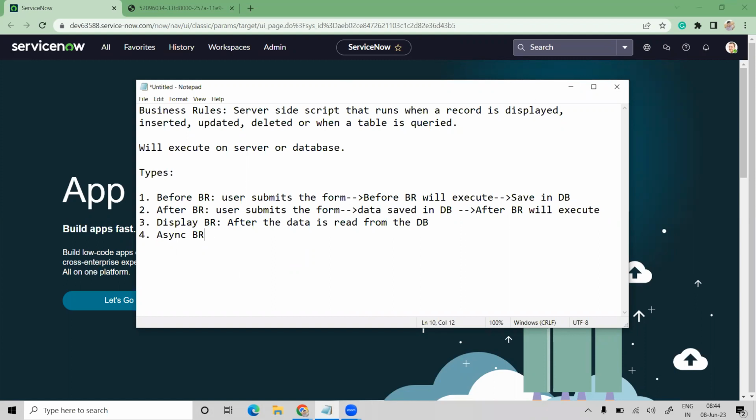Okay, so next write it down. Async business rule, last type. Async business rule is just like after business rule, is nothing but whenever user submits the form, data will save in database and after that the script will get executed. However, write it down, however, it runs in the background